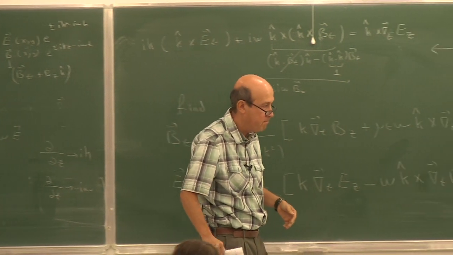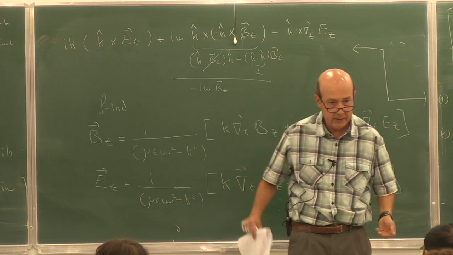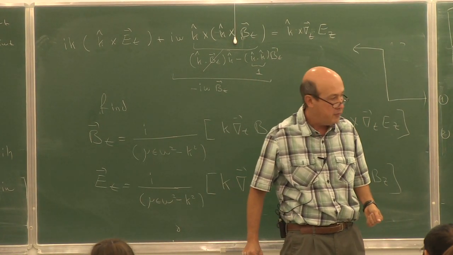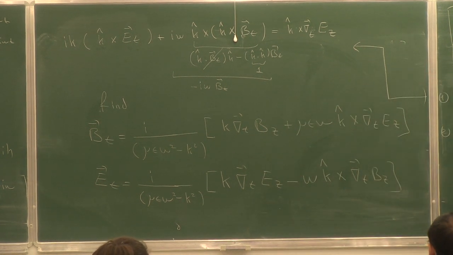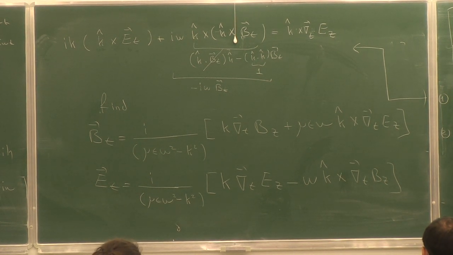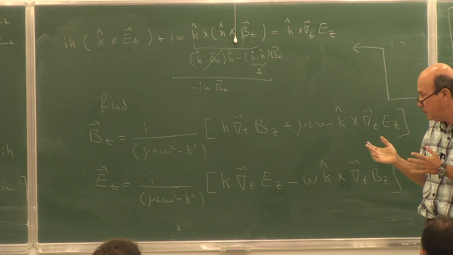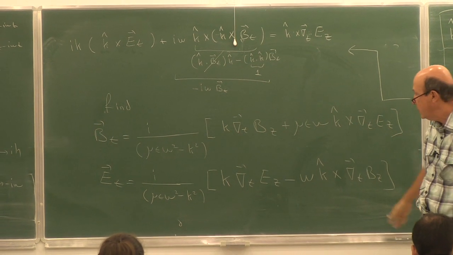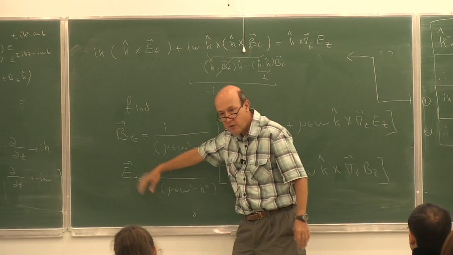So next time we will do practical applications. We are not going to put in so much detail. This is an engineering program, but at the same time it's a very nice application of multiple concepts. Next time we will do applications. So far, we find that the transverse fields in